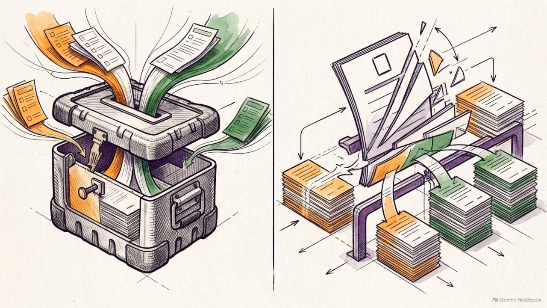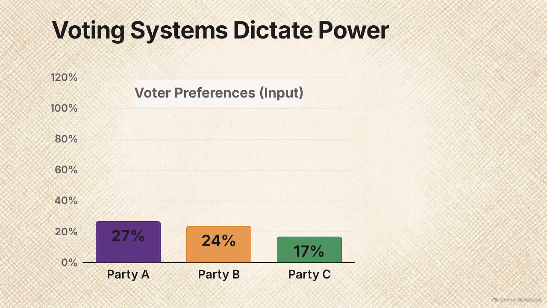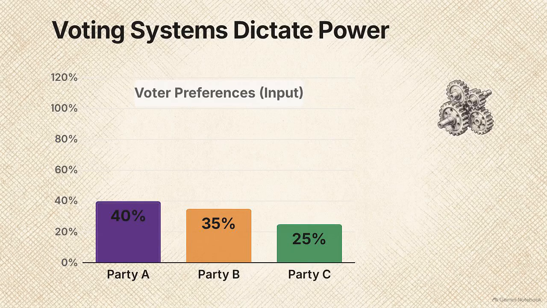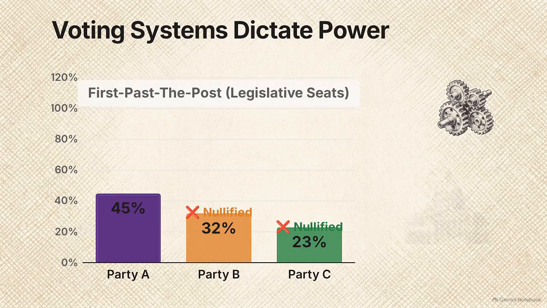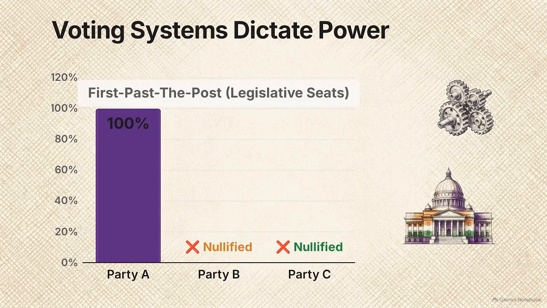But for indirect elections, like those for the Rajya Sabha, the system switches to proportional representation, executed through a single transferable vote. Look at this chart showing a theoretical three-way split of voter preferences, 40% for Party A, 35% for B, and 25% for C. Identical distributions of votes will yield entirely different governments depending on which mathematical system counts them. Here is how first past the post treats this data. Total victory is awarded to the party with 40%, effectively nullifying the preferences of the remaining 60% of voters.